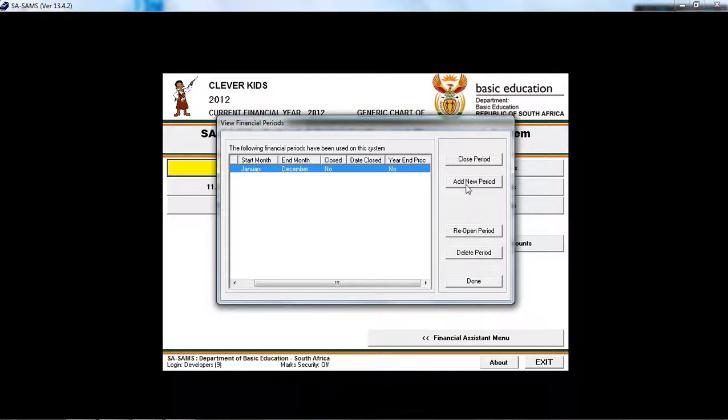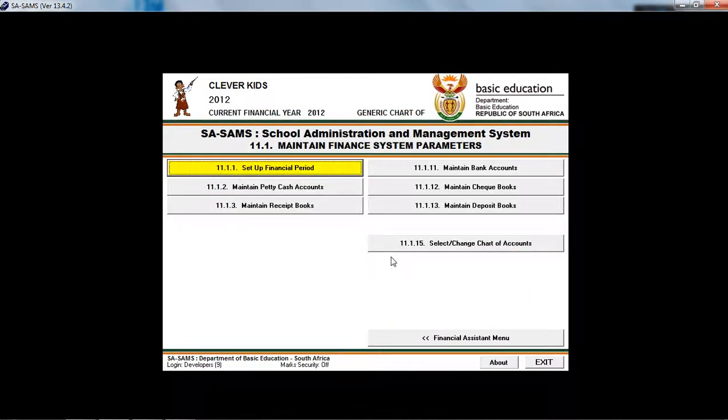If you wish to add a new record, click over here. You can add a new period. And if you wish to reopen a certain period, select the period and then click on reopen. If you wish to delete a certain period, click on delete period. Click on done to close this. 11.1.2,